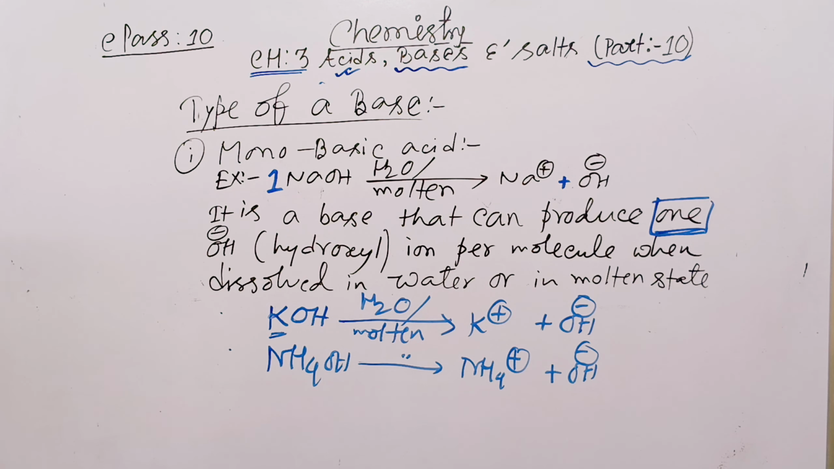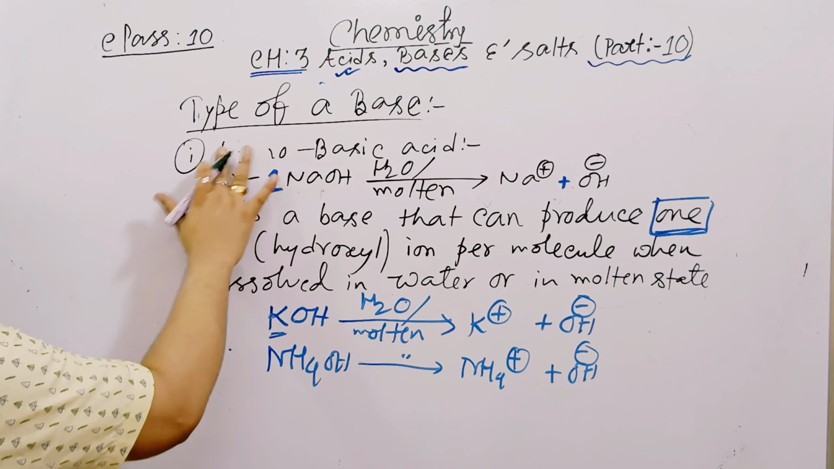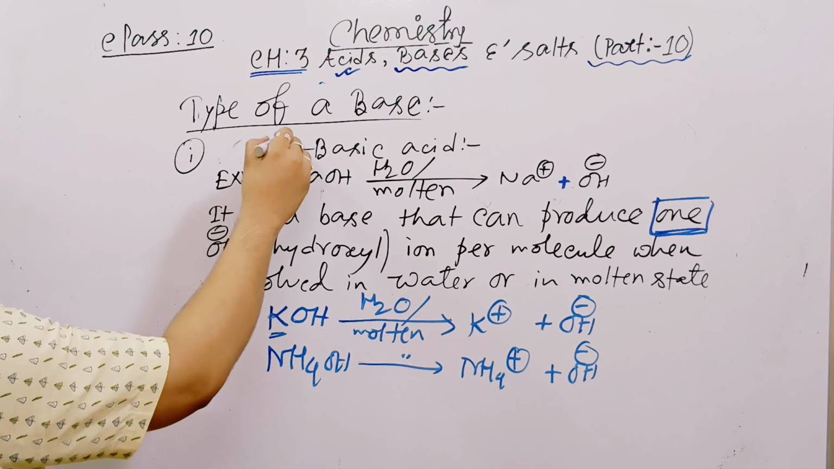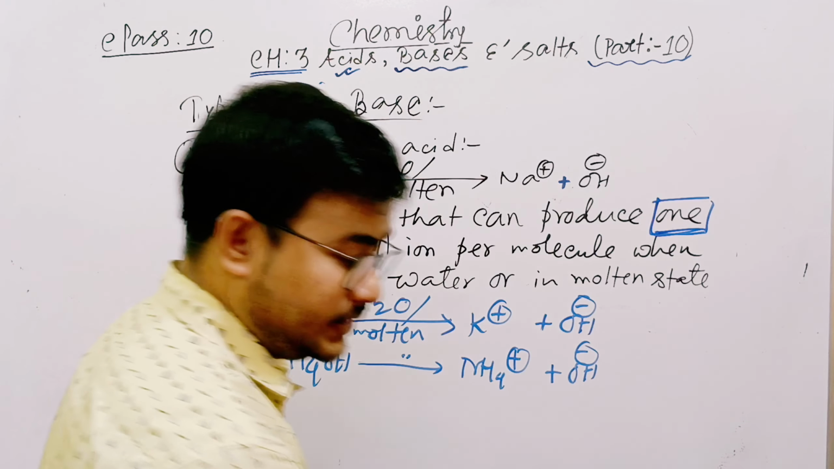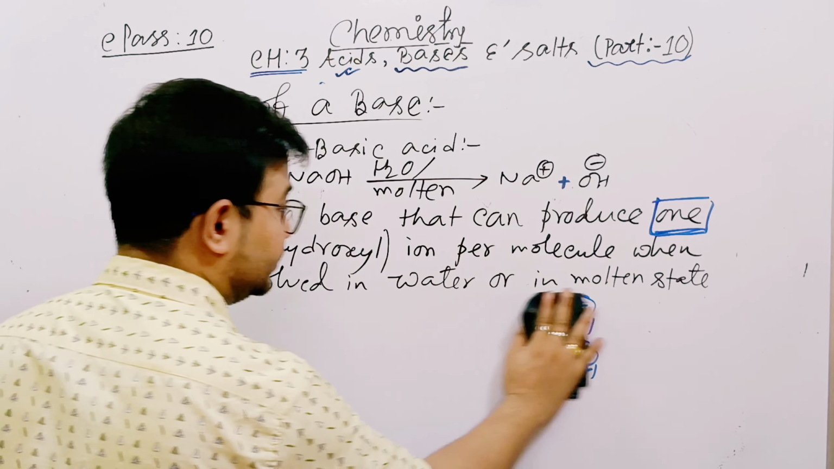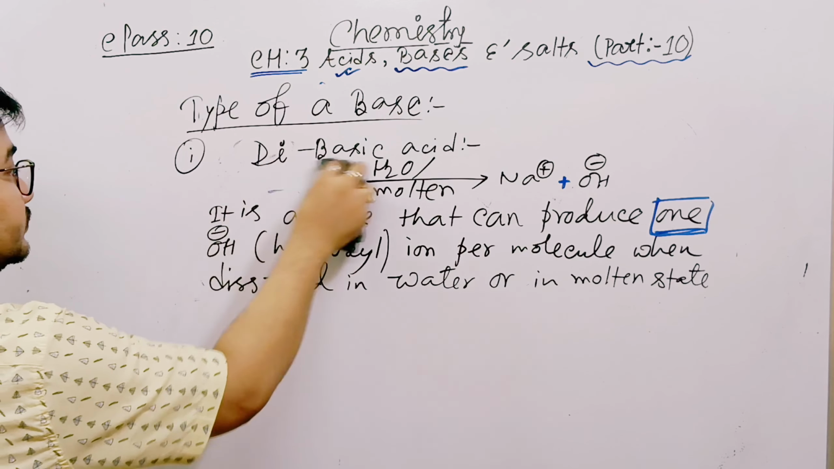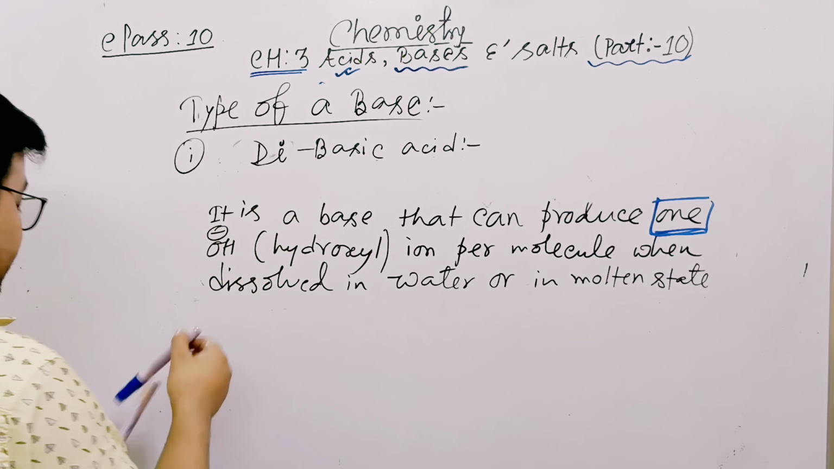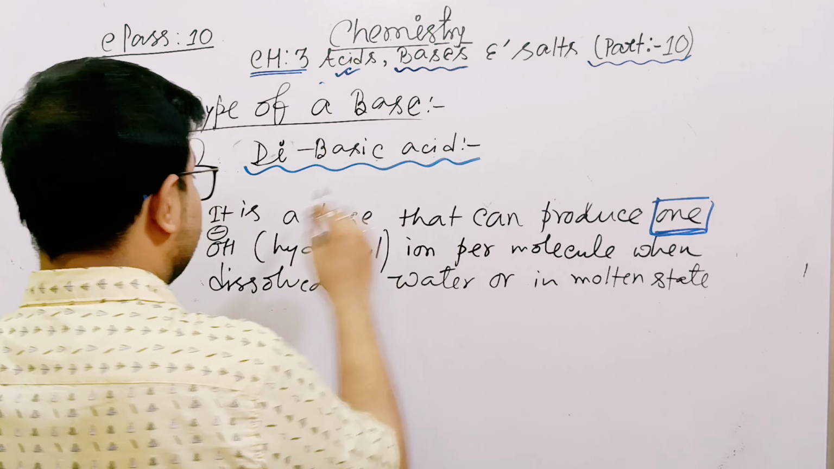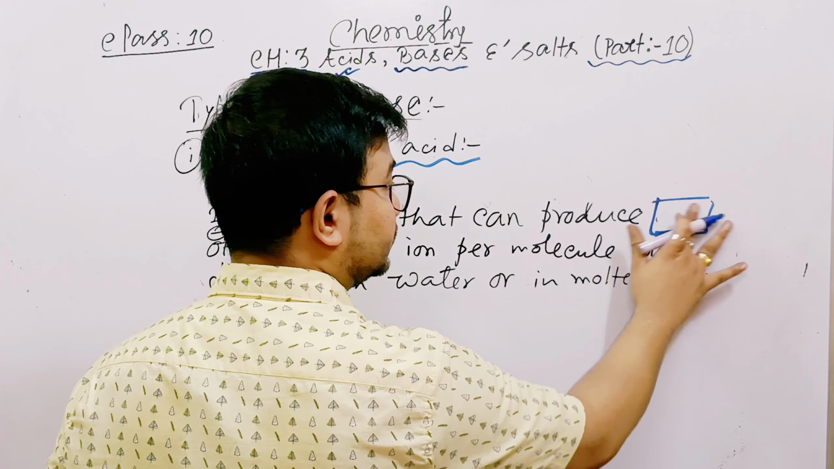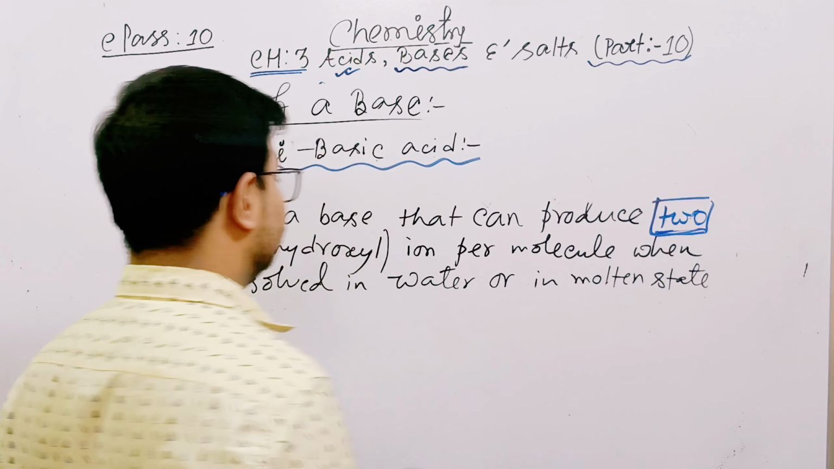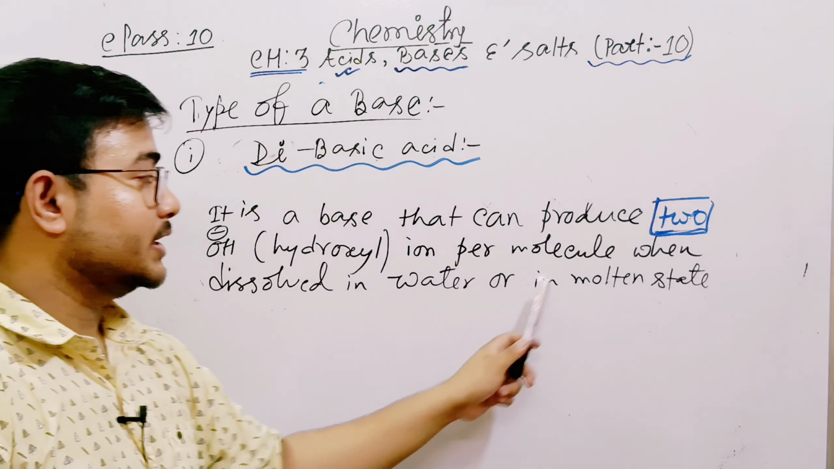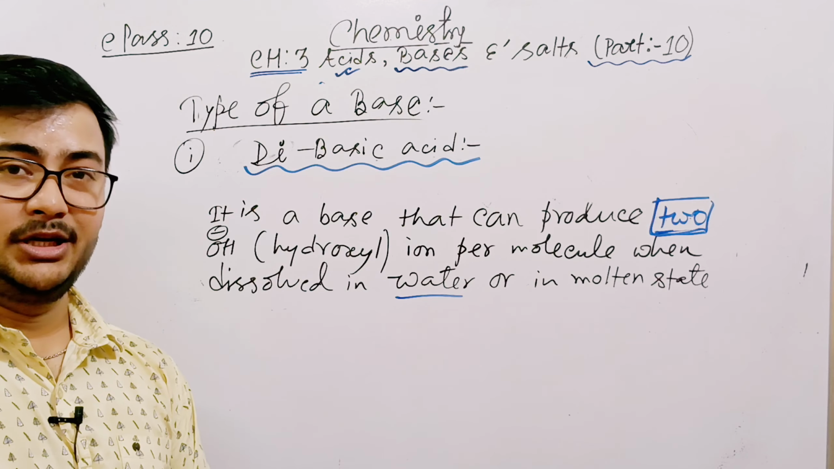Okay, so done. Now can you tell me the definition of dibasic acid? In case of dibasic acid, obviously we don't use these examples. They are for monobasic acid. So tell me, what is the definition of dibasic acid? It is a base that can produce, just change this word, 2 OH minus ions per molecule when dissolved in water or in molten state. Example,